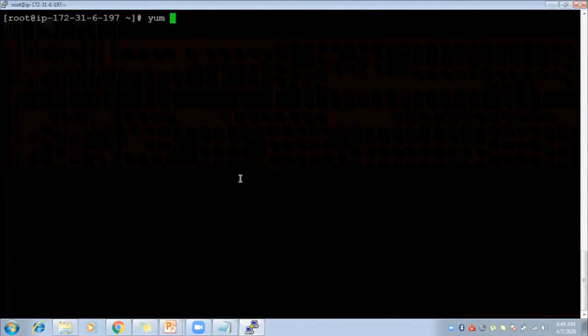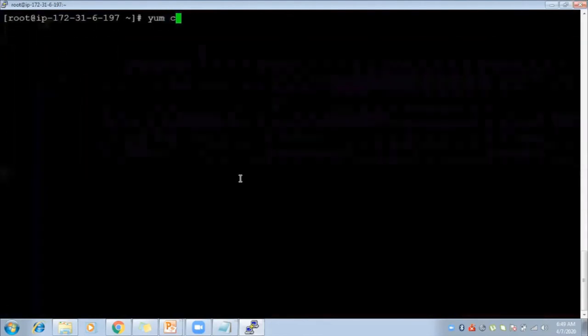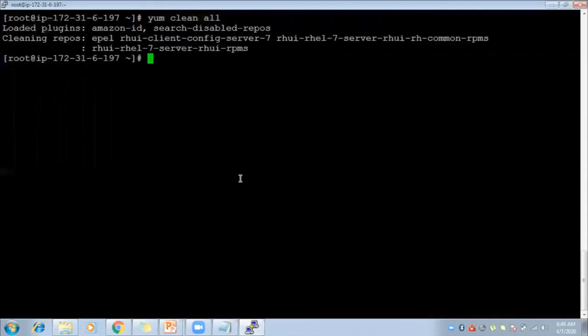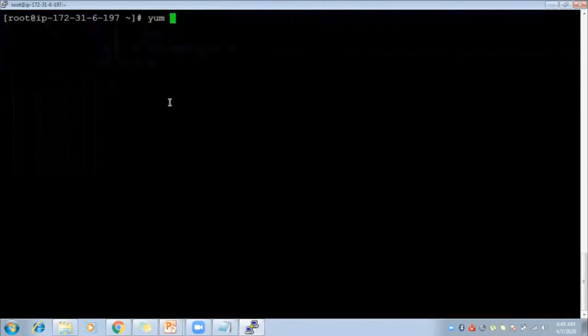Now yum clean all. What will yum clean all do? It will simply clear the caches of yum. Yum is basically a package manager. Whatever we do in Linux, installing, uninstalling, reinstalling packages, we have to use yum.